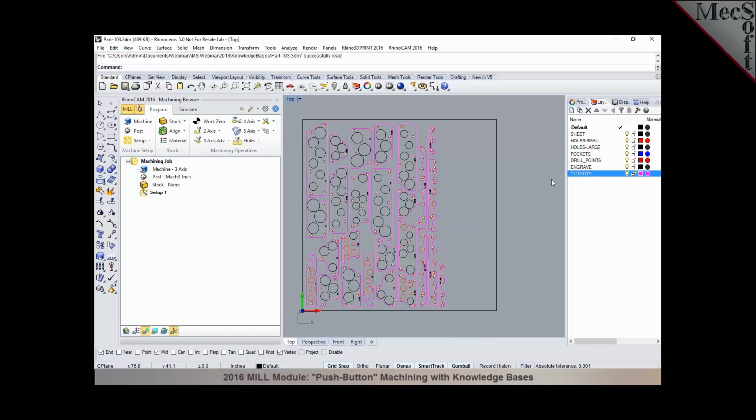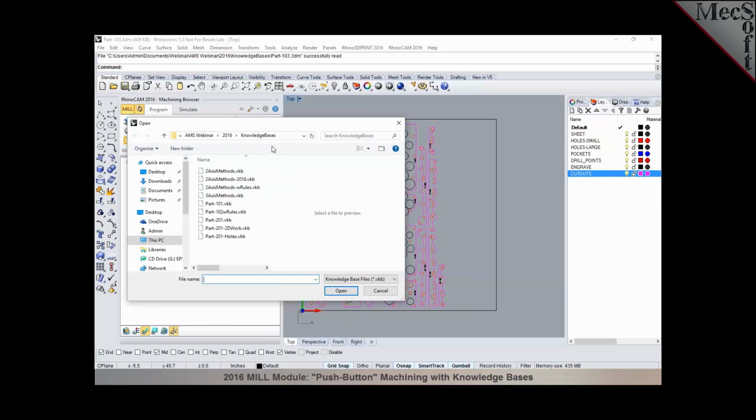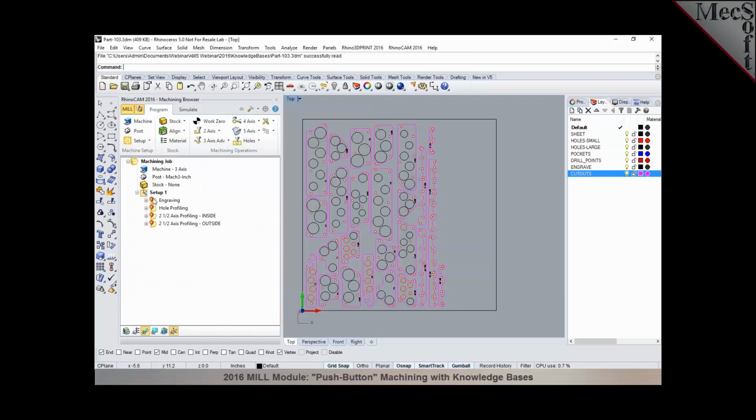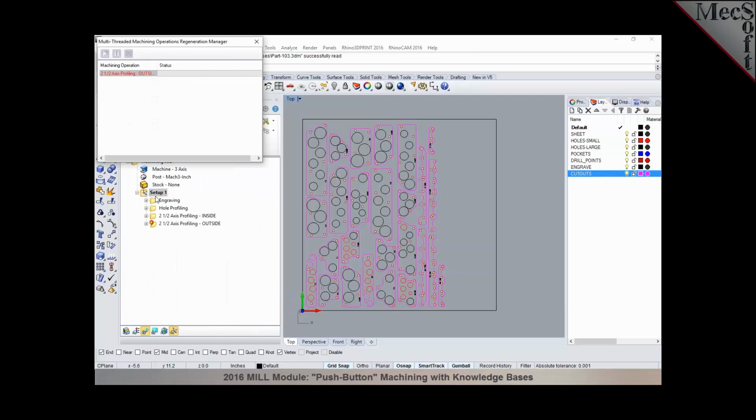So you can basically map them into layers. You can select them either based on layers, or based on geometry types. We'll click on load knowledge base again, and I'm going to load the same knowledge base, called part 102 with rules, then select open, and all I've got to do is right click and regenerate, and